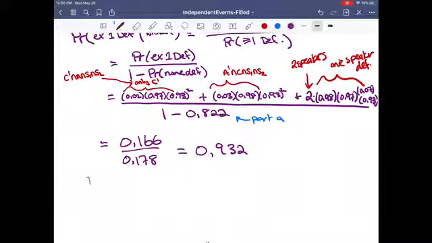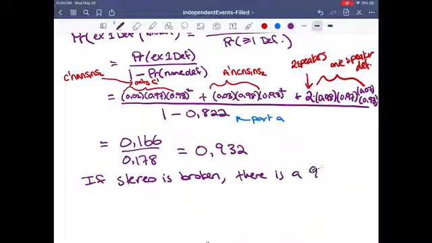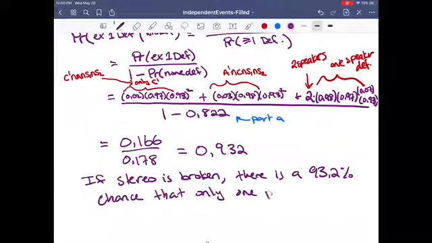So let's write that out. If the stereo is broken, there is a 93.2% chance that only one part is defective. So there's a pretty good chance